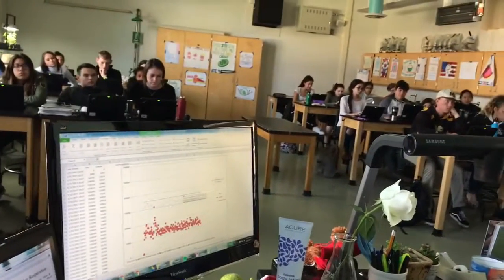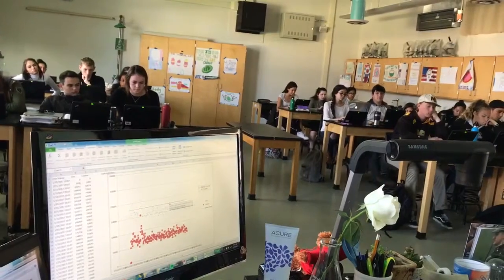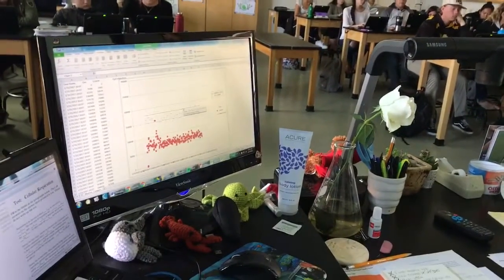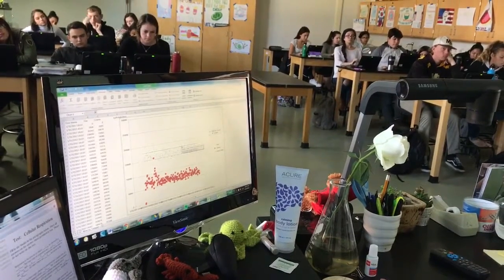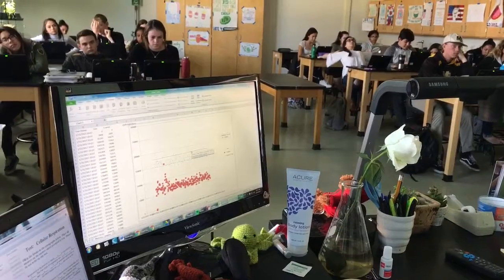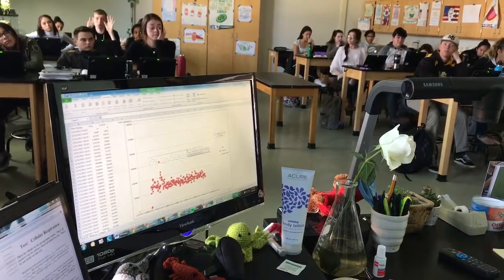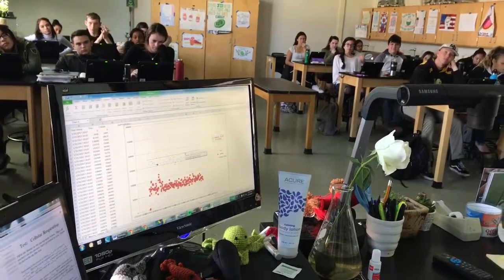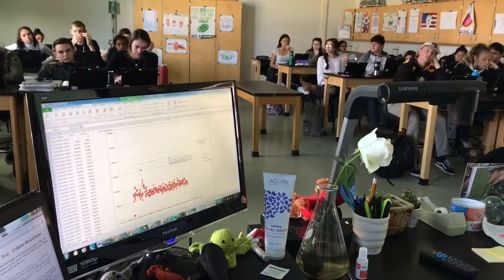So now they're going to get multiple data sets, right? Yep. So my thought would be that they'd want to compare all of those in one graph. So if they're comparing, how many different locations are you doing? Six different locations, and I'm going to guess three are near a street and three are away from the street. Mm-hmm. So